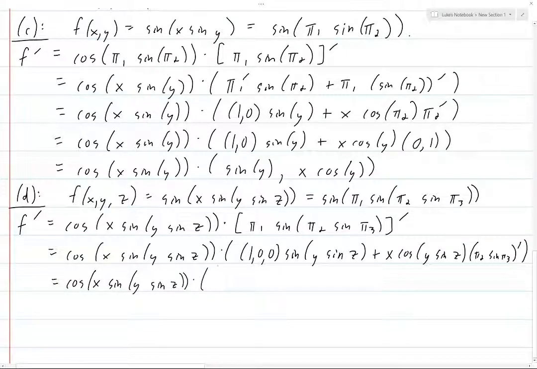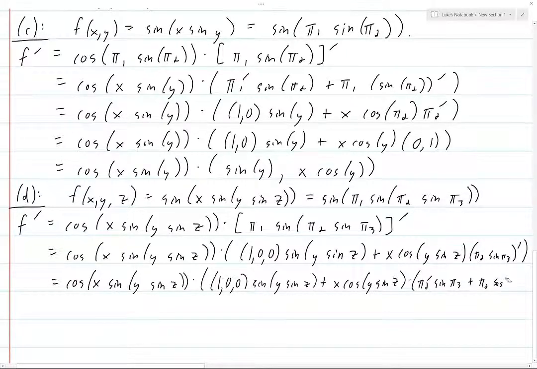Times, okay, so we've still got 1, 0, 0 times sine y sine z plus x cosine of y sine z, and this thing we have to multiply by pi 2 prime sine pi 3 plus pi 2 cosine, not sine, that's not a thing. So we have to take pi 2 and multiply by the derivative of sine of pi 3. So that's going to be cosine of pi 3 times pi 3 prime. Okay, so we have cosine x sine y sine z times